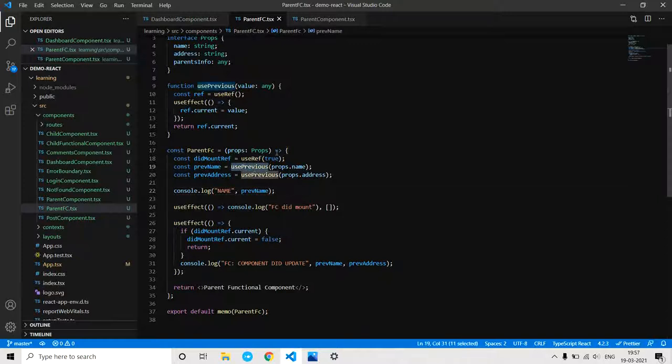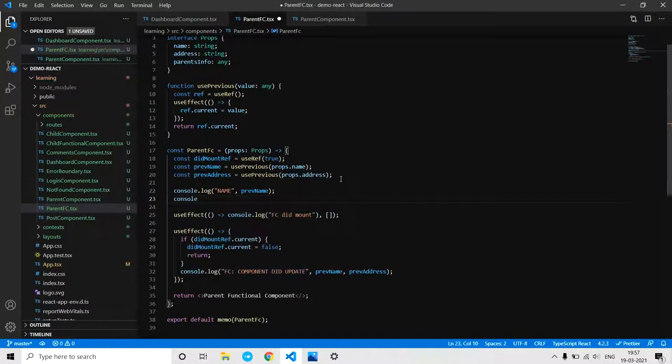For the first time, the prop to the component is name, but the previous name is undefined for the first mount, and for the second mount, previous name will be Girish and the new prop will be Kulkarni.